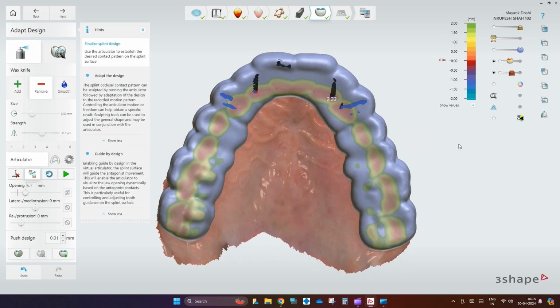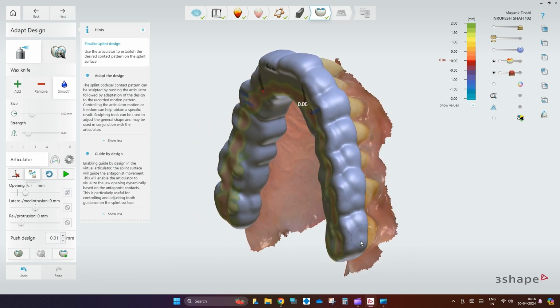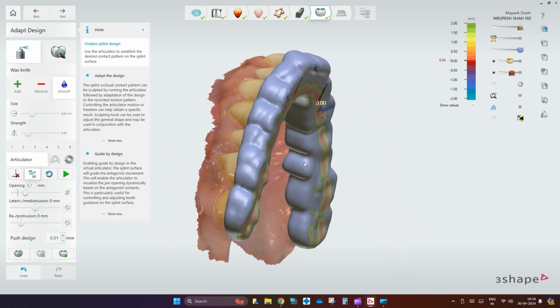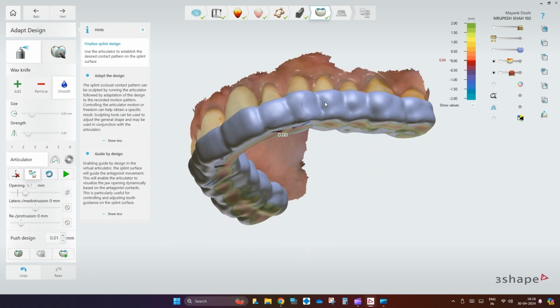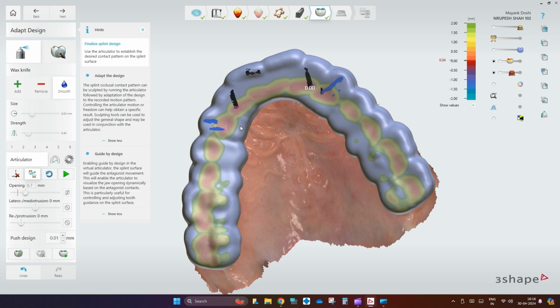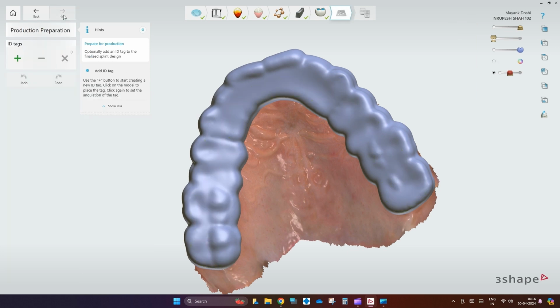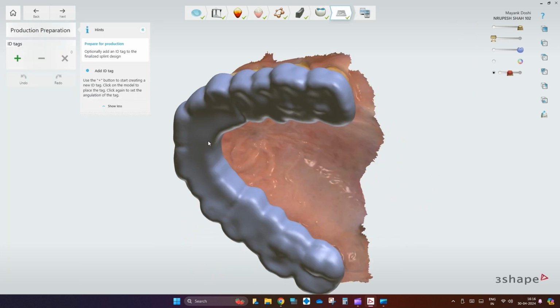If not, what I am doing over here is I am smoothing the entire design because I have made some changes there. I would love to smoothen the entire buccal surface also slightly so that it merges well and it's very comfortable for the patient to wear it. Once this is done, at this step, you can try and spend as much time as you wish to. Once you get the hang of it and once you know exactly what you want to create, you can finish